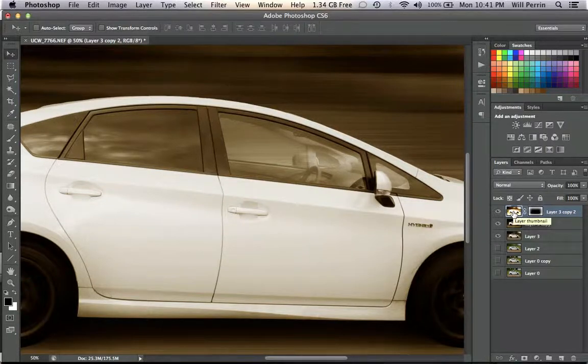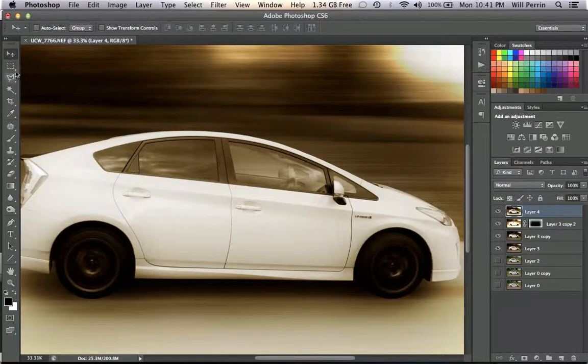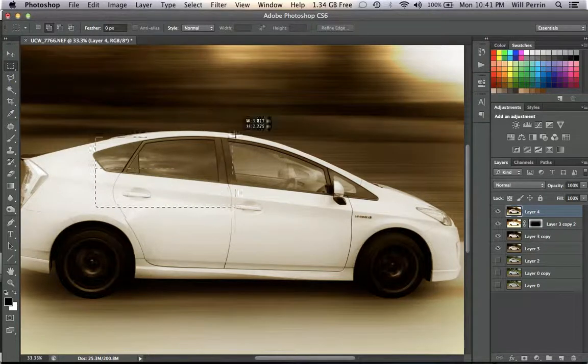I'm going to do Command Alt Shift E to create a brand new layer that's identical to this one. That's Control Alt Shift E on the PC, and then I'm going to select my rectangular marquee tool, and I'm just going to select this rear window, and in a moment it'll become apparent why. I want to use this sort of texture across this window, if you will. So I want that to be across here,